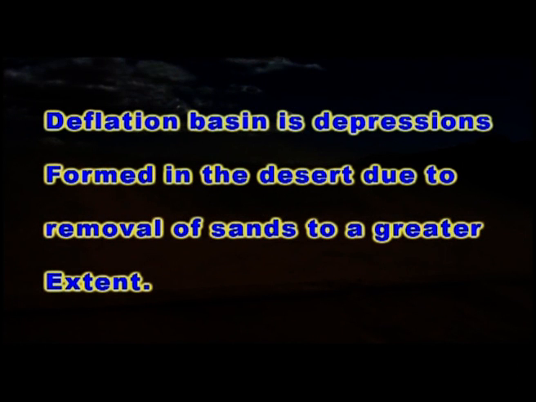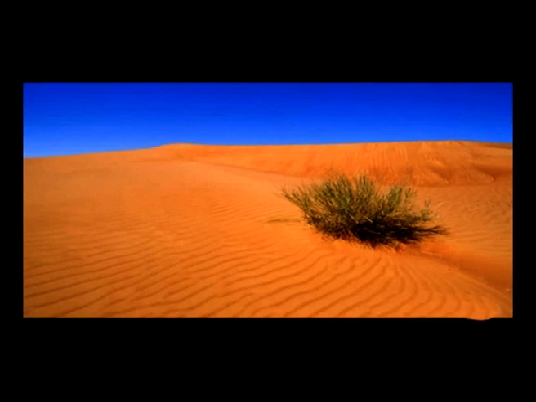Deflation basins are depressions formed in the deserts due to the removal of sands to a greater extent. The size of the depressions vary from small wallows to big hollow deeps. A desert pavement is a typical desert surface. It is covered with closely packed interlocking angular or rounded rock fragments